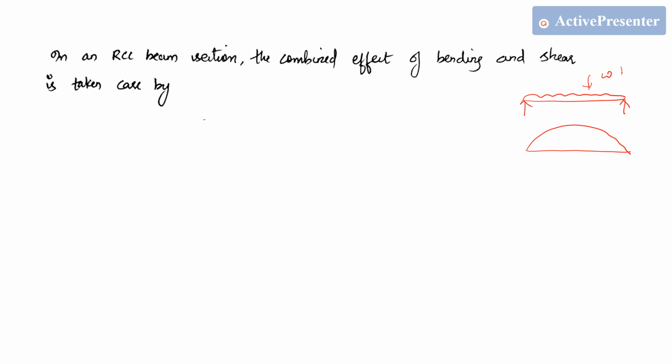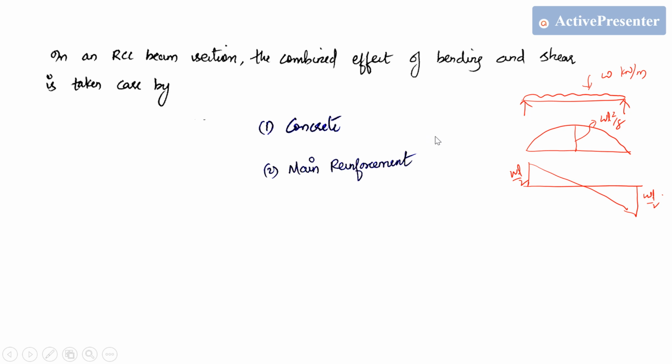So this is W kilonewton per meter, the factored load. And then this value is WL square by 8, and the shear force will come like this. The shear force will be WL by 2 and WL by 2. So the effect of this shear force and the bending moment in an RC beam is taken care of by, first, the concrete, and second, the main reinforcement, and in order to take the shear we will